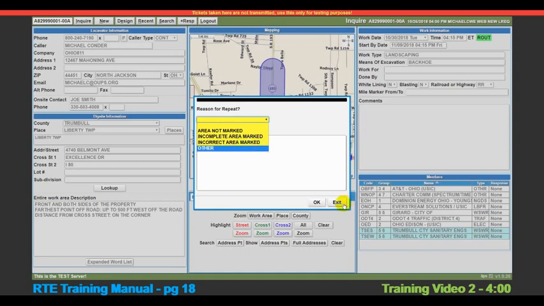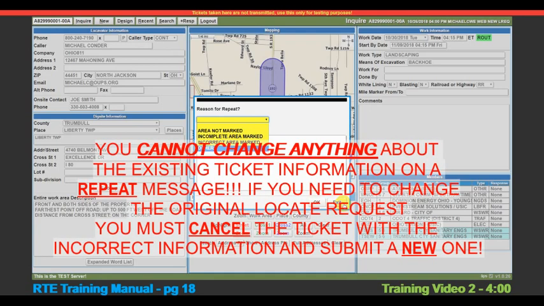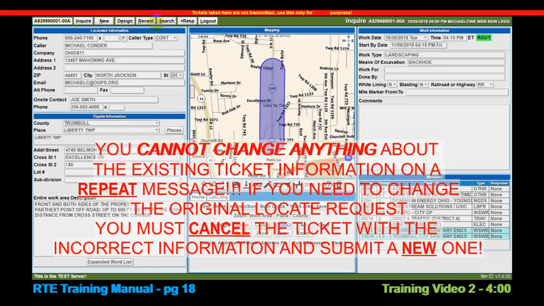If choosing Other, you must type a reason in the additional comments box in the pop-up window. This option would be used for various reasons, including but not limited to verification of information on your ticket or to request clarification of markings. Note, you cannot change anything about the existing ticket information on a repeat message. If you need to change the original locate request, you must cancel the original ticket with the incorrect information and